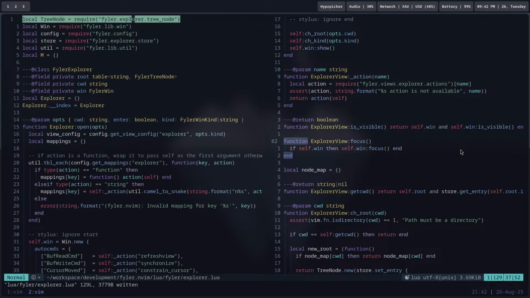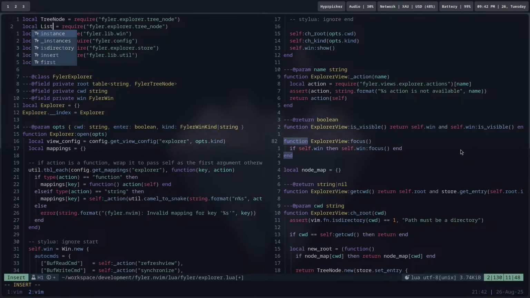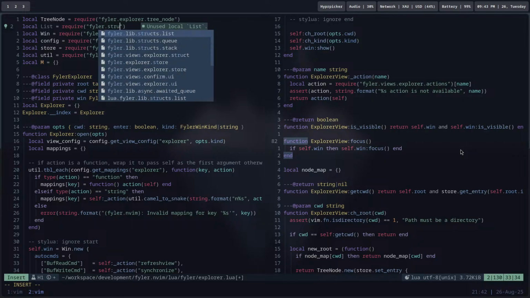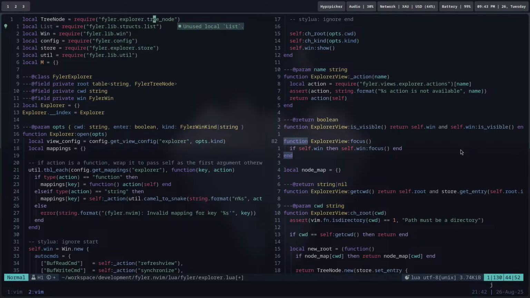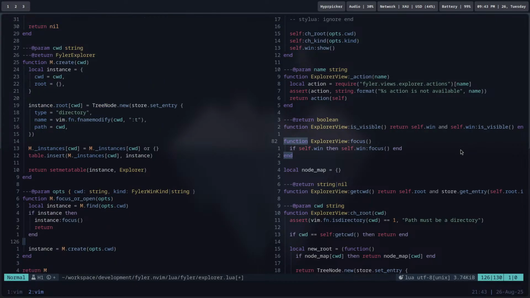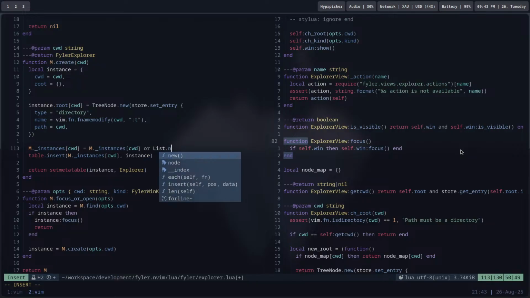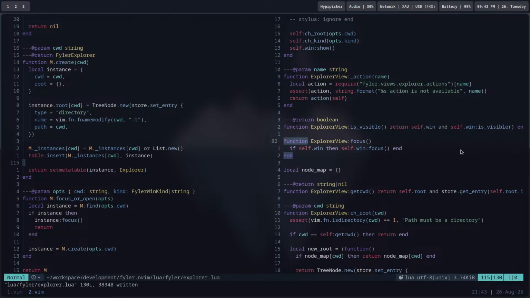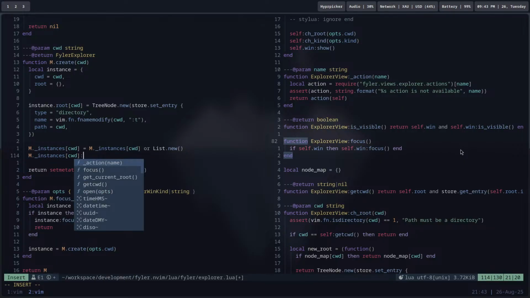So let's try a list data structure from structs, or maybe lib list like that. So it could be that, or it could be a new list. So we can do that. So m.instances of current working directory. We can